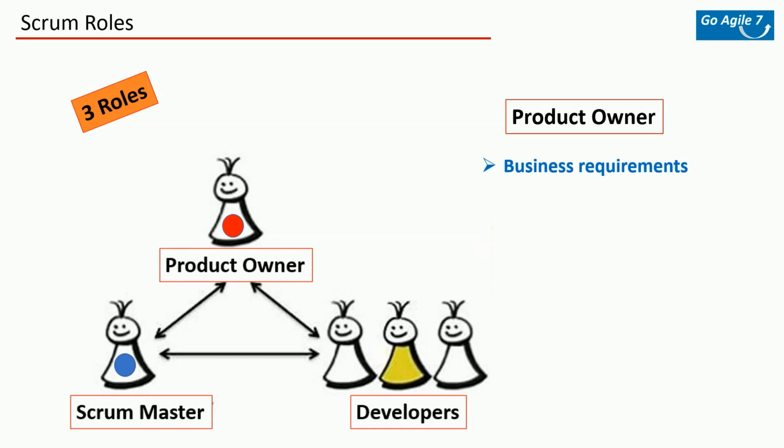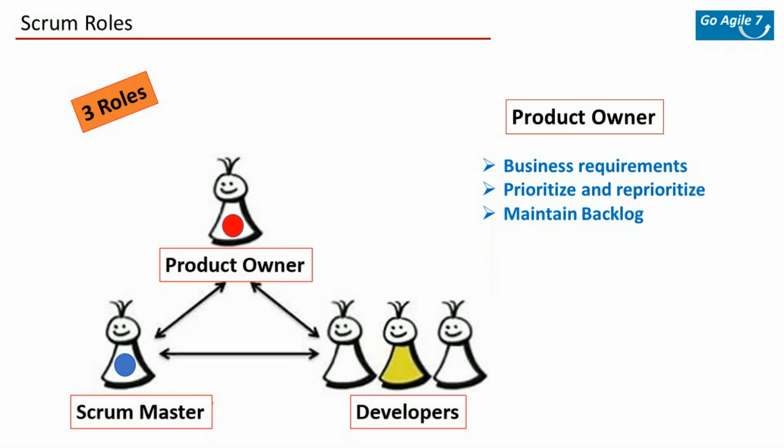Then let's see the product owner. A product owner is responsible to gather all the business requirements. So it's their responsibility to coordinate with business stakeholders or product managers, and they have to make sure that they are aligned with enterprise-wide business objectives and requirements and know the exact business value of why a certain feature is being developed or necessary. They should prioritize the requirements. They maintain the backlog and so on. Backlog is nothing but again the complete list of all requirements that you keep adding, and it's an indefinitely long list of items.